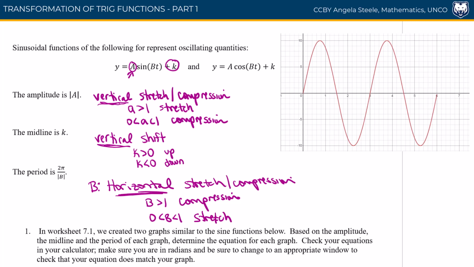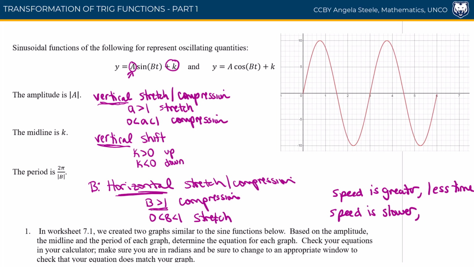That's because when we think about the b value, you want to think about it as speed. If the speed is greater, it's going to take less time to complete one full revolution, and so that's why we end up with a compression. If our speed is greater than 1, it's going to take less time to complete one full revolution, which compresses our function. And then if our speed is slower than 1,